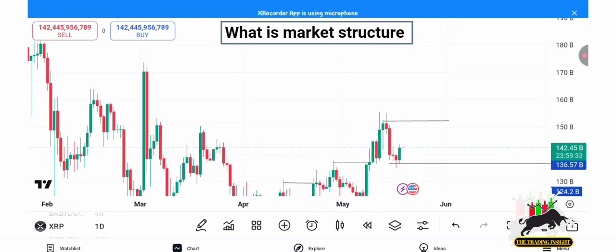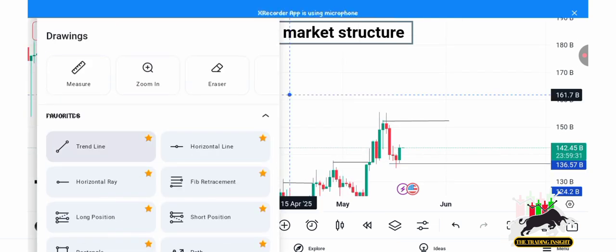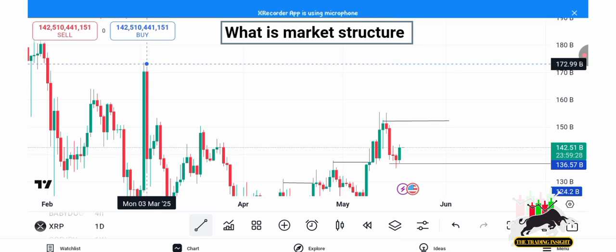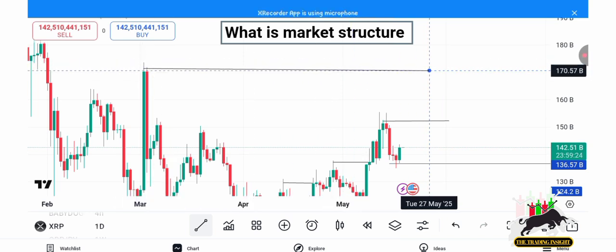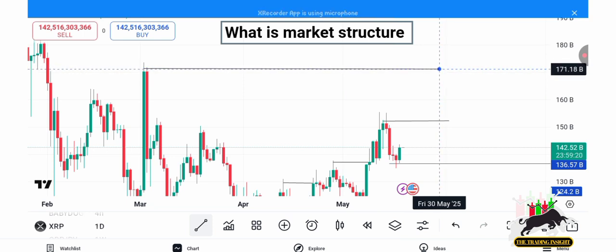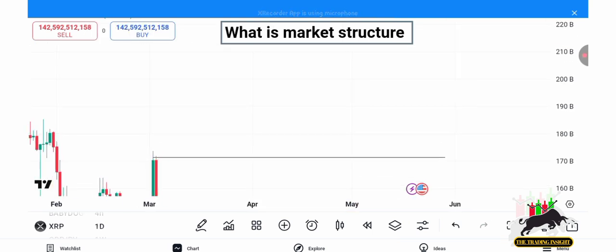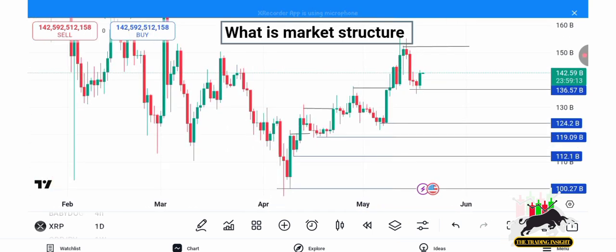We still have structure here at the left hand side. You have to always train your eyes to see all these structures, because they are important and you will need them later on. So I expect this market to break this structure and still continue upward like that. So now if you look at this, this market is on an uptrend. So if you were looking to sell this market, it should have been maybe a minor sell or a little sell, because most of its moves were on an uptrend.